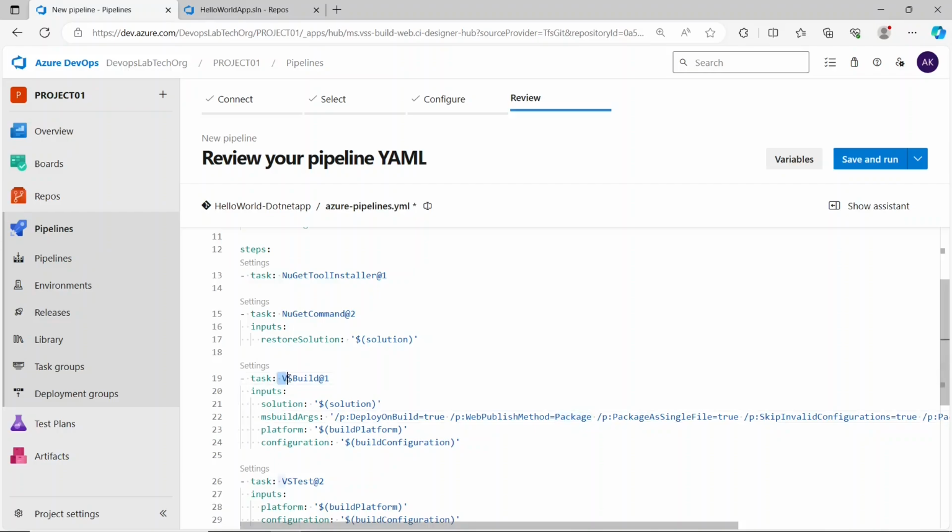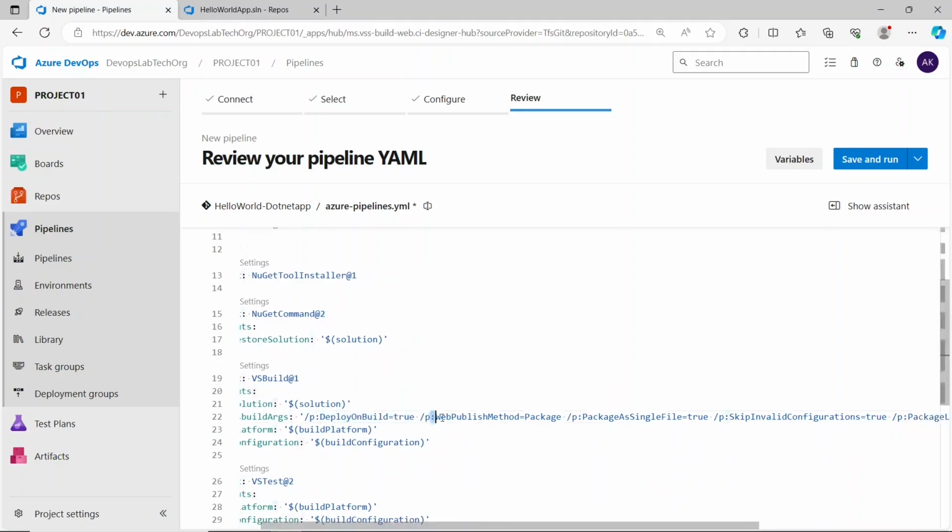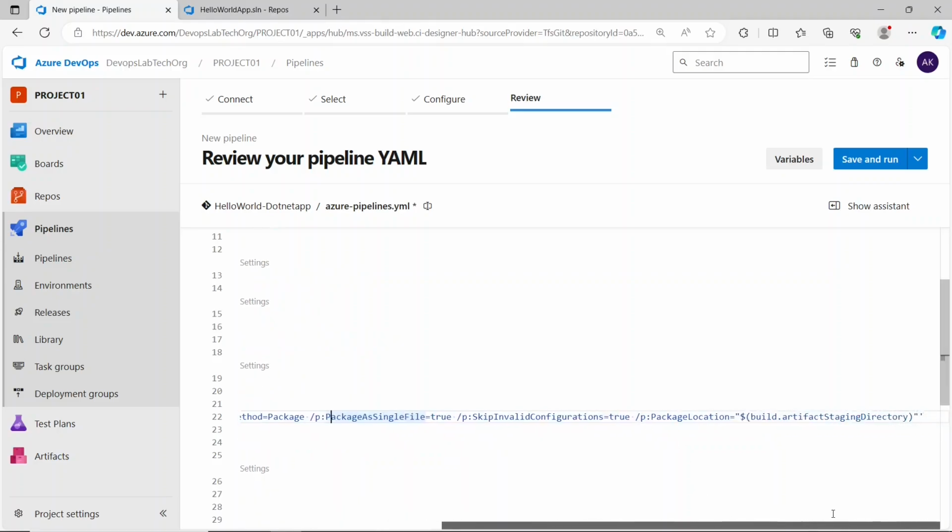Then the next task we can see is VSBuild@1, and we can see the properties of this task: Visual Studio build with MSBuild, and set the Visual Studio version property. That means this task is used to build or compile our code. We can see it is taking our solution file, that .sln file, and in MSBuild args it is doing some tasks like DeployOnBuild equal to true, WebPublishMethod, package as single file true, that means all our build files will be packaged as a single file. Next we can see skip invalid configurations true, and then lastly it is doing package location,